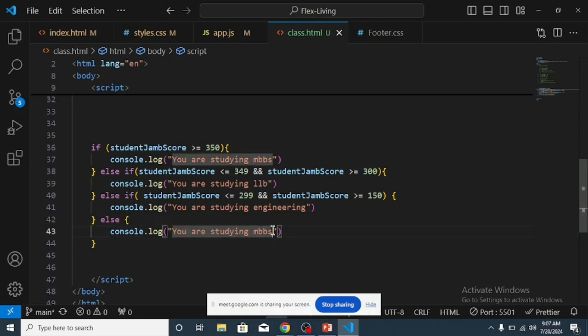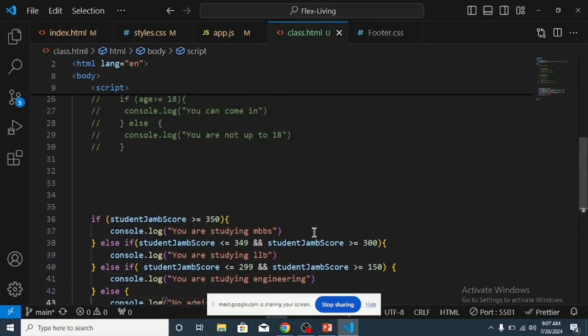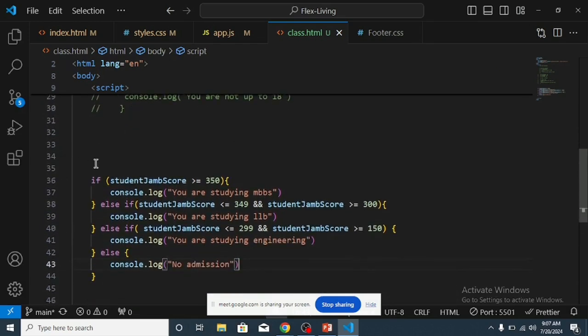No admission. No admission. Okay, no admission. Fine. So now let's create a variable to store our